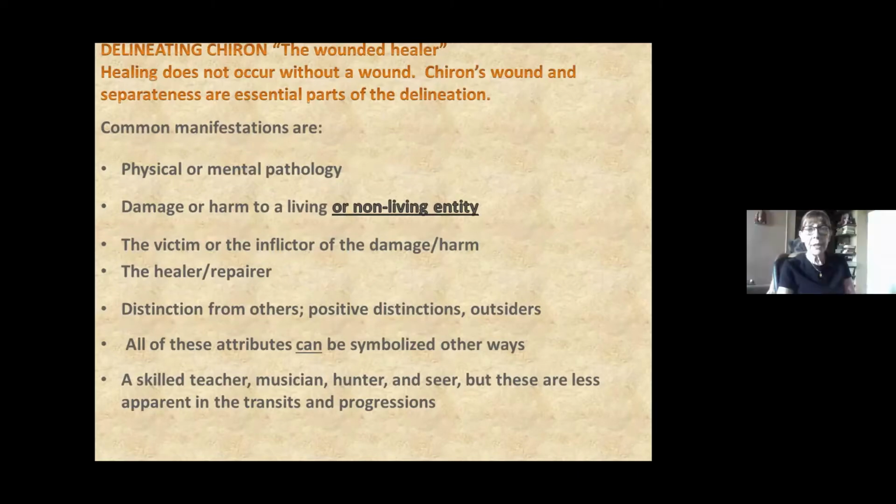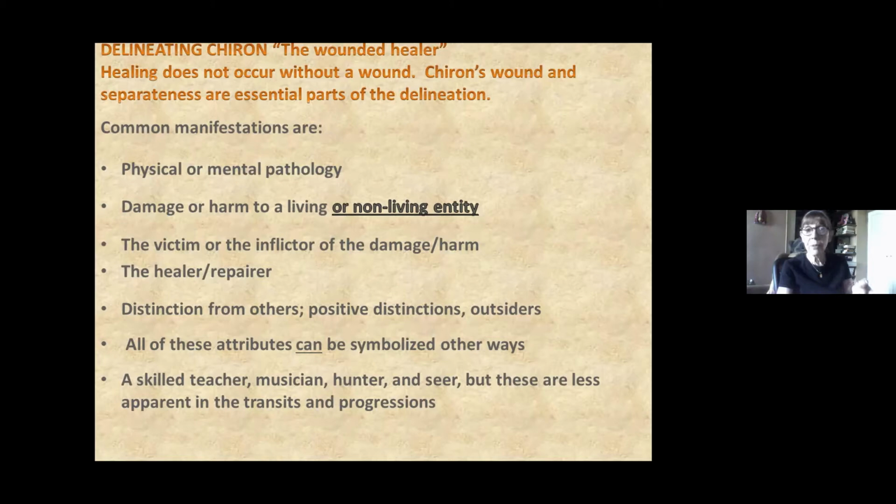So when we delineate Chiron, it's important to remember that healing does not occur without a wound. And the two most important characteristics of Chiron that I can determine are the wound and the separativeness, even if he's separated because he's sort of better or more refined than the others. So the way it manifests, but he was a wounded guy physically, the way it manifests is in a physical or mental pathology,